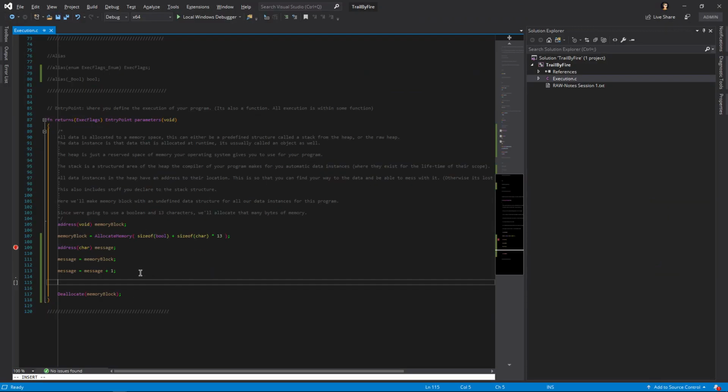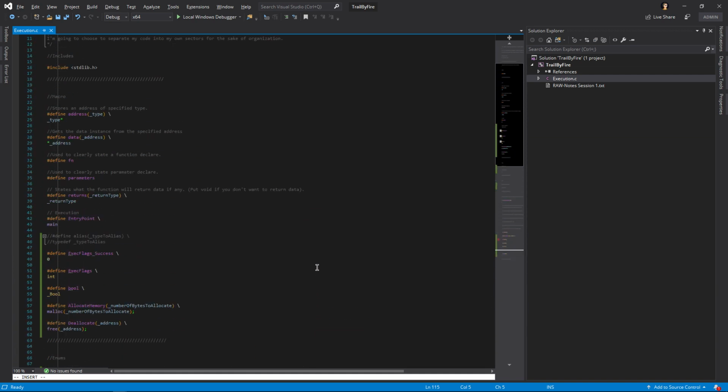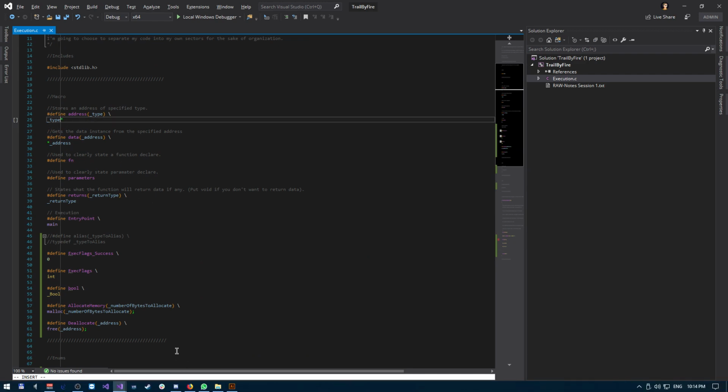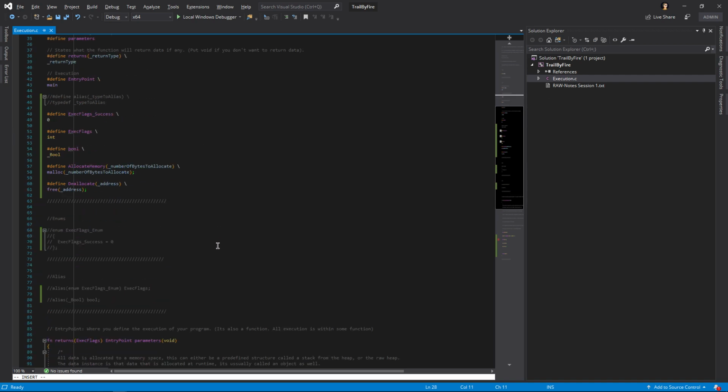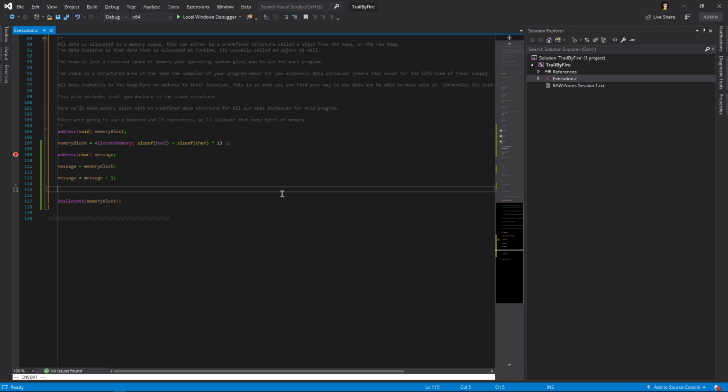Alright, so let's start messing with the data inside. So to access the data, it's called a dereference operator. Now, because these stupid asterisks can get really confusing, because everyone has their different way of spacing them, I made a macro called data, and data does one thing: gets the data from the specified address. So what we're gonna do here is say data message, so the data held by message, and now